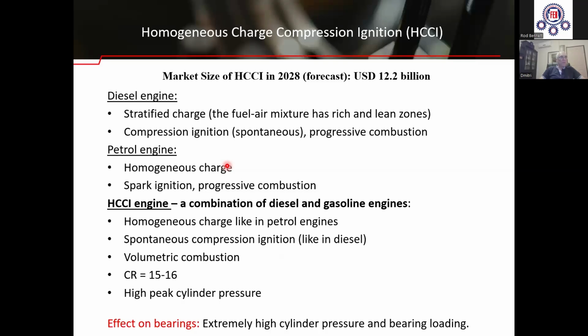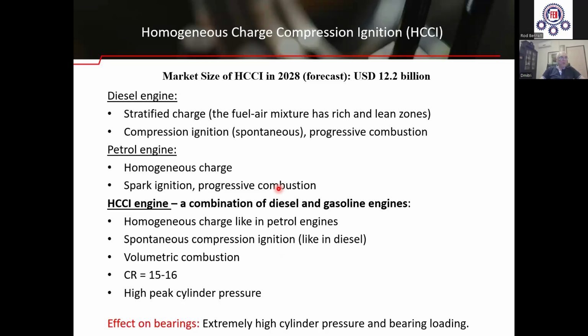The fuel-air mixture is homogeneous, like in petrol engines, but HCCI engines are compression ignited, like diesel engines. The combustion process is volumetric, not progressive. I would say that combustion of HCCI engine is a kind of controllable detonation. And because of this specific combustion mode, which is similar to detonation, and high compression ratio, about 15-16, HCCI engines